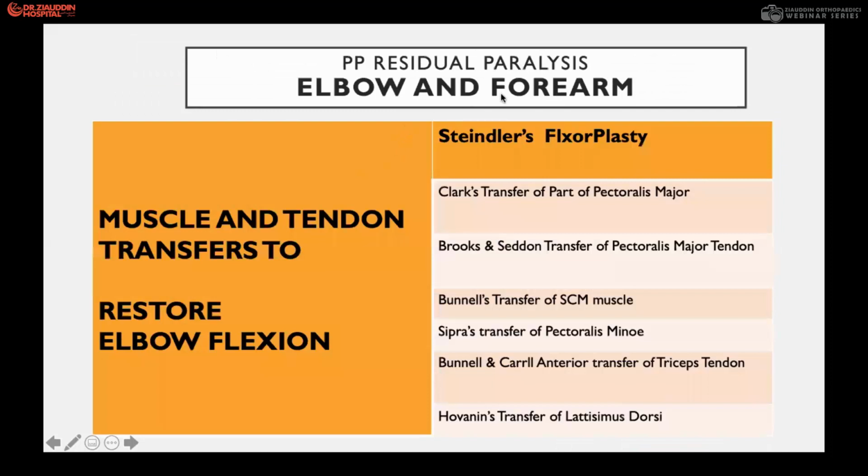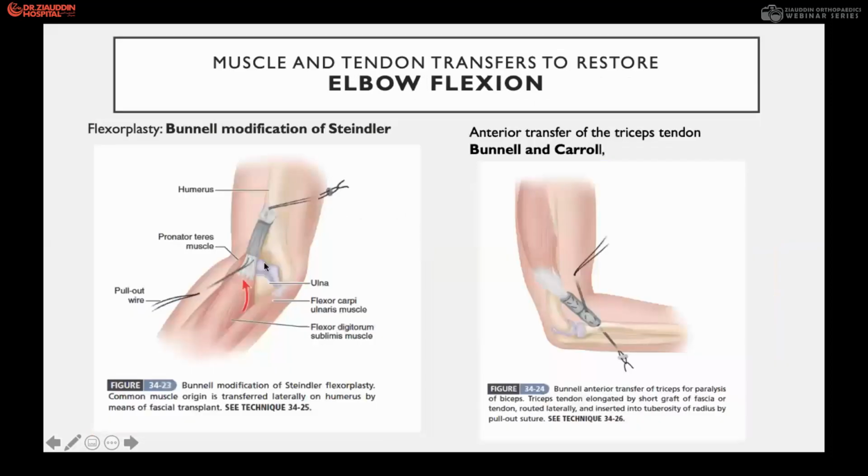These are the position and the function after arthrodesis. Then there is the elbow and the forearm paralysis. To substitute the flexor weakness, we mostly do the extended flexoplasty or Bricker and the transfer of the pectoralis major. And this is the example of the extended flexoplasty of the common origin of flexor transfer to the shaft of the humerus, and the triceps transfer to the biceps tendon, and they act as the flexor of the elbow